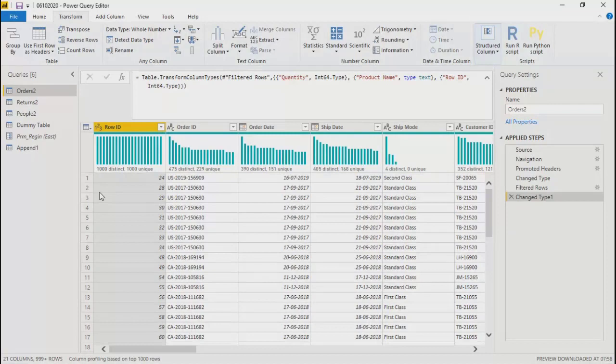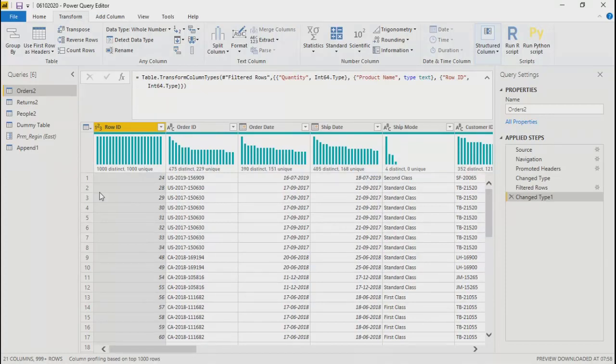But the numbers which are always in decimal format will be known as continuous.